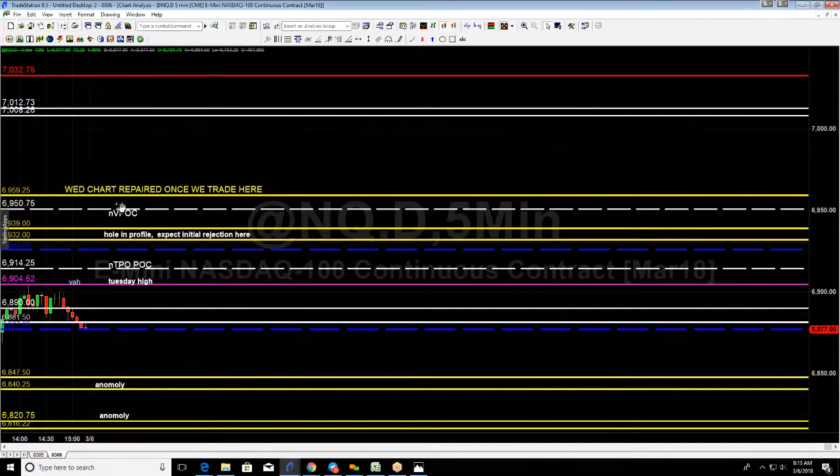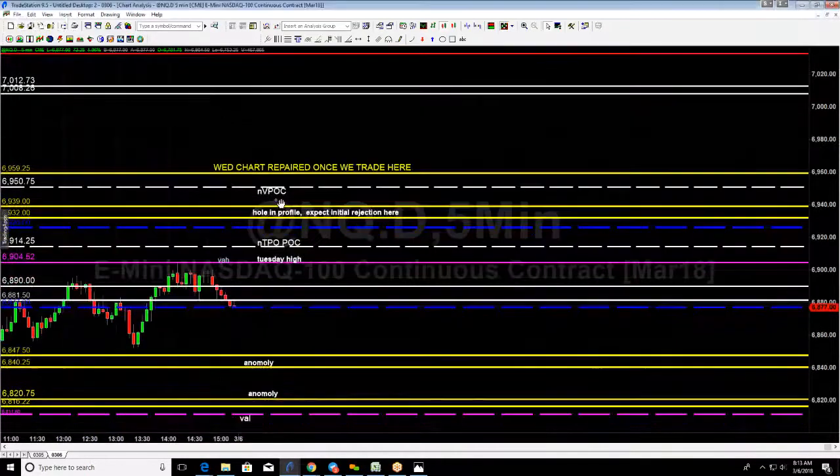There's this naked, so key areas on NQ, this naked volume point of control, right? There's a hole in the profile right here. And then there's a naked TPO point of control, which we're trading just above right here. So this whole area becomes a resistance area. But let me delineate between resistance and reversal, right? We can simply grind through here, find resistance, but then get above and make a push up, right? So I want to show you what I was looking at